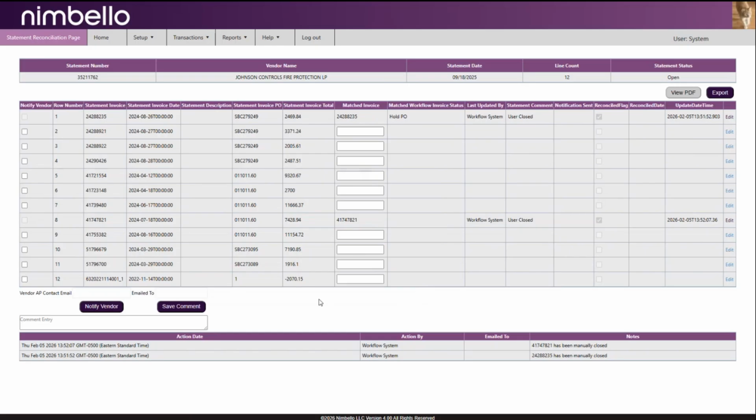You also have the ability to do communications through the statement reconciliation. So you do not have to have vendor portal in order to use the statement reconciliation. Statement reconciliation is a separate add-on from vendor portal, but we do allow you through the statements to go ahead and email the vendors if you so wish,